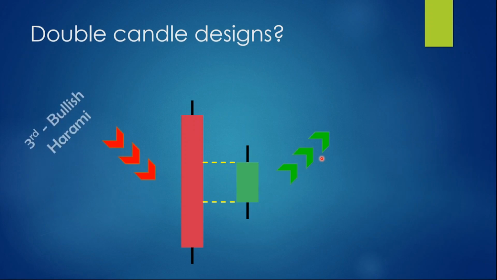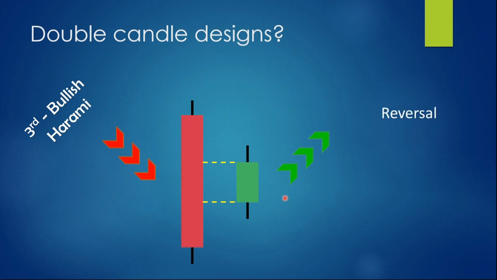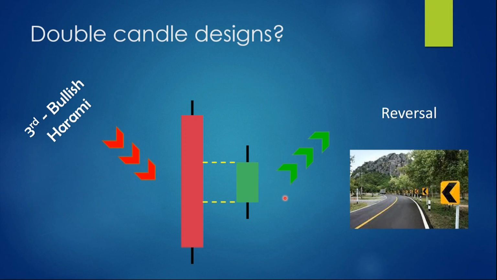The third one is bullish harami. It creates after a set of bearish candles and it creates a bigger bearish candle and next creates a smaller bullish candle. You can see the size difference of the bearish candle and the bullish candle, and it makes sense for us as a reversal signal, and it gives a sign that there is a rapid turn on your path,